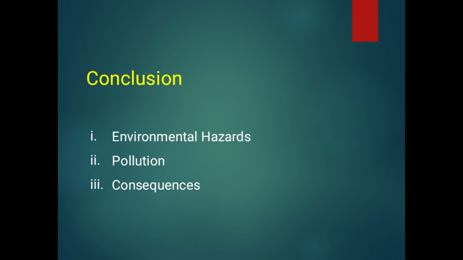So to conclude this whole topic, first we need to talk about the various environmental hazards in the form of waterlogging and salinity and desertification and pollution, the various kinds of pollution, whether atmospheric pollution or water or soil pollution. They have very severe negative impacts on our lives, and we have to face the consequences. Whatever is happening around us, we have to find a solution to it. Someone said that the future is the place where we have to spend the rest of our life, and every next day we